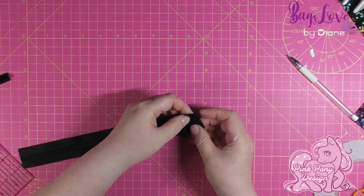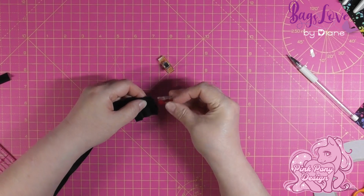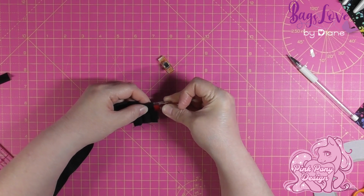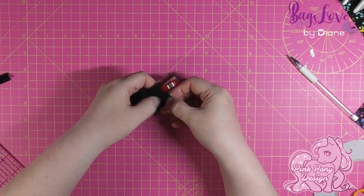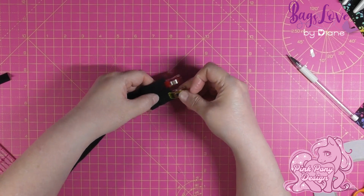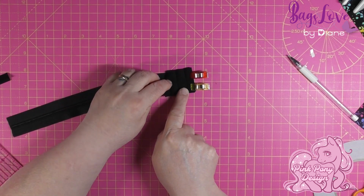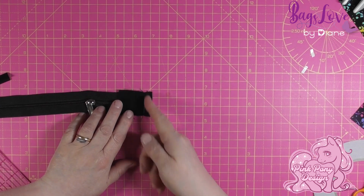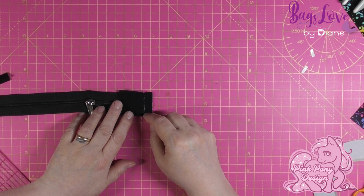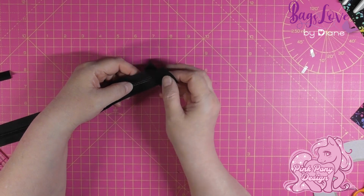Just clip this in place. Just get my clips. And we just want to stitch along that creased edge to fix that in place. Okay, I took it to the machine, and because this is black I could not see the crease, so I just drew a line down there with my heat dissolving pen. So once we've done that, we fold this over